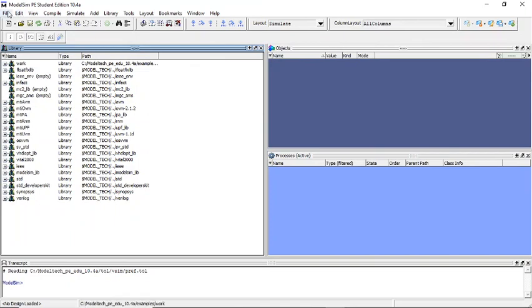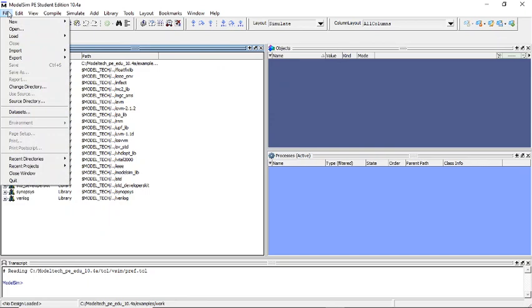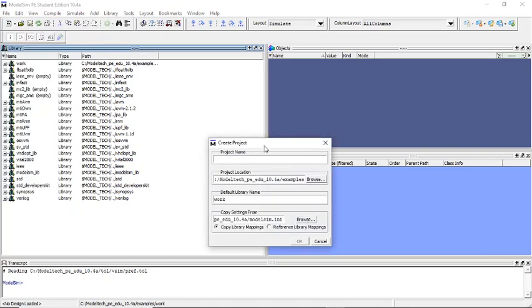Now let us create a new project by going to the file icon. Go to File, click New. Let us create a new project. So click on Project. Let us name the project demo.